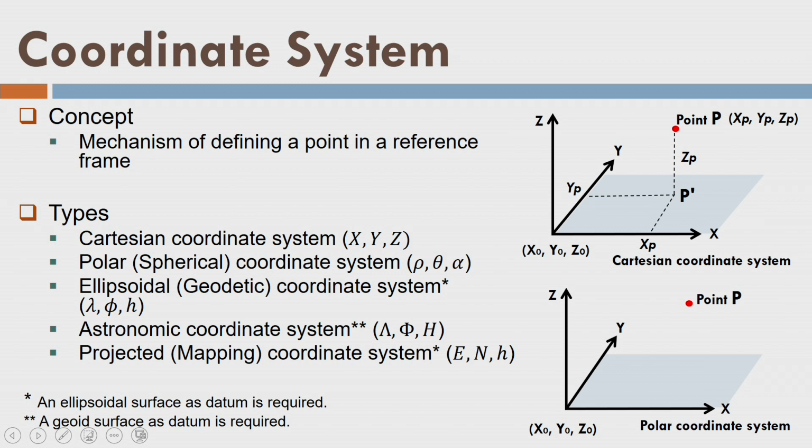So let us look into the next one, and I call it, let's say, the polar coordinate system. In the polar coordinate system, I have this distance rho, which is the direct distance from the origin, and there is a point P dash, which is the perpendicular dropped from the point P on the plane XY. And so now I measure the angle theta in the XY plane and angle alpha in the vertical plane. Let us define the distance rho, that is the distance from the origin to point P,